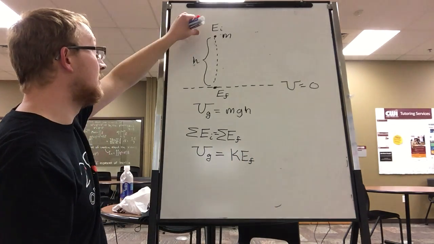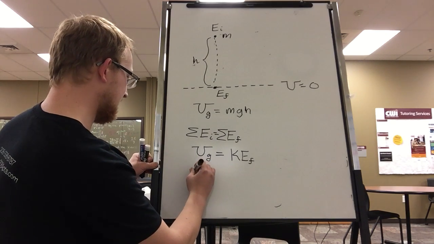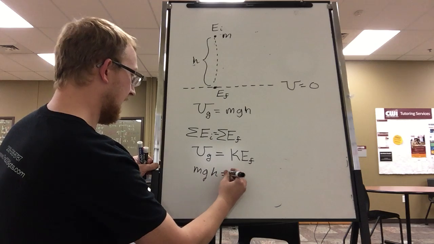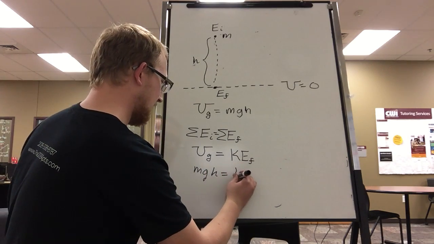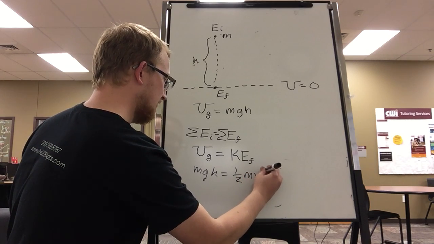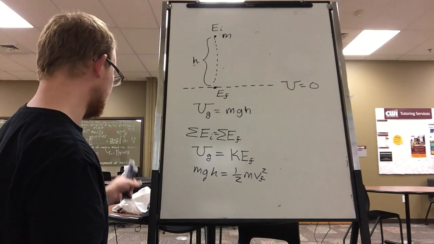Now, we know that potential energy due to the gravitational field is mgh, that's the definition. And we've learned that kinetic energy is equal to 1/2 mass times velocity final squared in this case. And so let's go ahead and give ourselves,